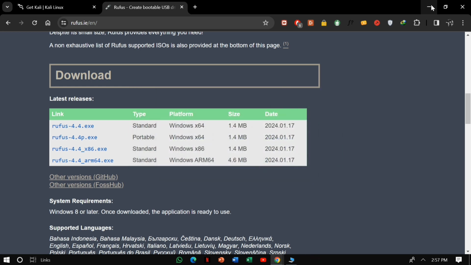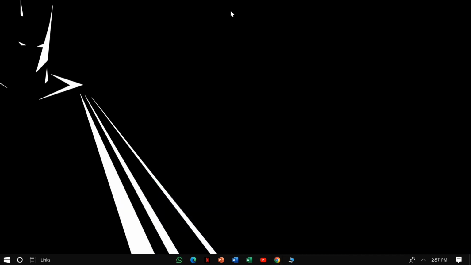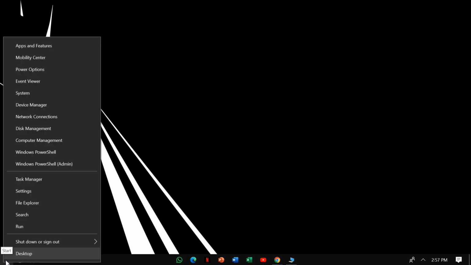Now once the software is downloaded, you can move to the next step, which will be to create a partition in which our Kali will be installed. For that purpose, come to the start icon here, right click and search for disk management. Click on this one.